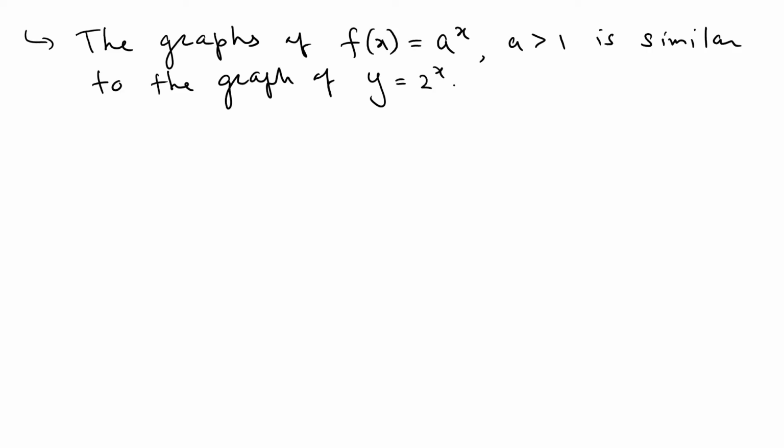So we have the graph of f(x) = a^x for a greater than 1 is similar to the graph of y = 2^x. So they all have very similar graphs. The only thing that happens is when a is larger, you get higher values. When a is smaller, you get smaller values. So for example, we can draw these three